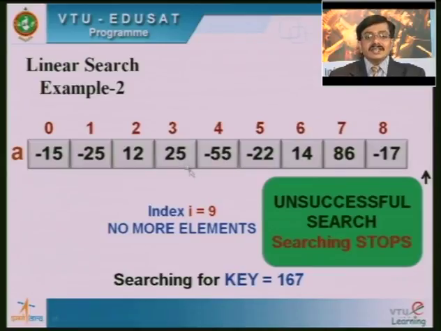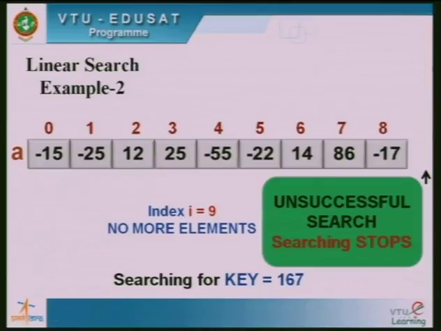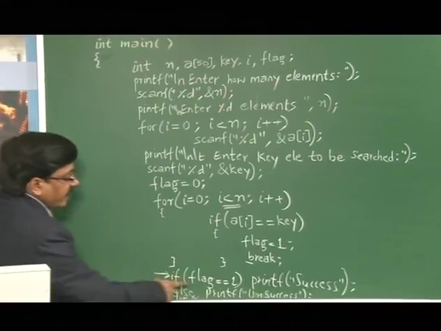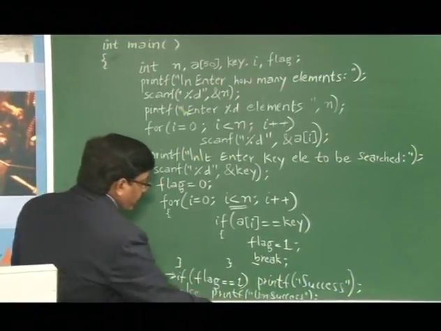We can take advantage of that i value to specify the exact position where the key element is present in the list. So in the program here, after coming out of this particular loop, if flag is equal to 1, we were printing successful search. Instead of that, what we can write here is,